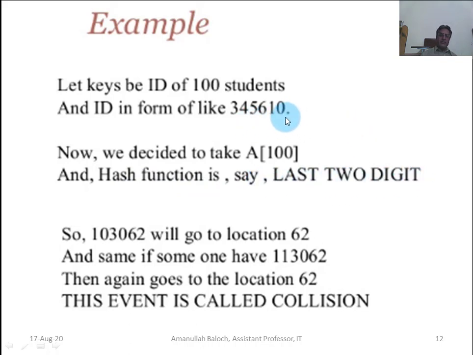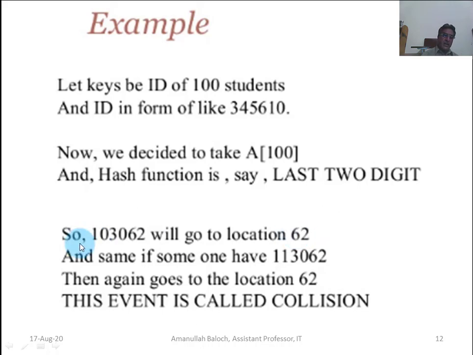Here we are not using a formal hash function, we have just decided that our hash function will be the last 2 digits. For 103062, we will go to location 62 and store the record of this roll number at array index 62.